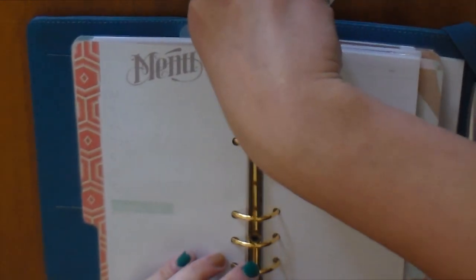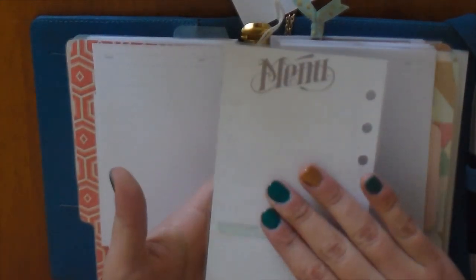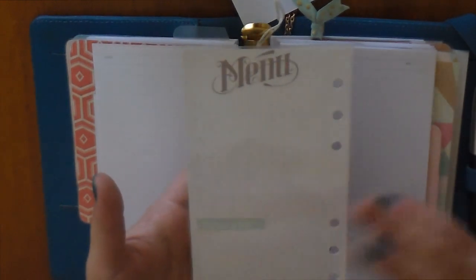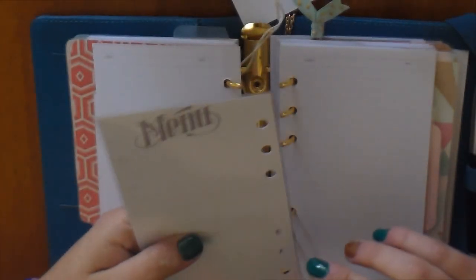Okay, so I have to show you this. This is a Cocoa Daisy, but this is from the Webster's Pages. This is actually one of the inserts that came on one of the other sections. I can't remember which section. But if you don't have a Webster's Pages, see if you can see that. Do you see how there's the days of the week and then there's 3 tiny columns? It looks like you could play tic-tac-toe on them. I seriously want to know what those are for, because honestly the only thing you could do in those